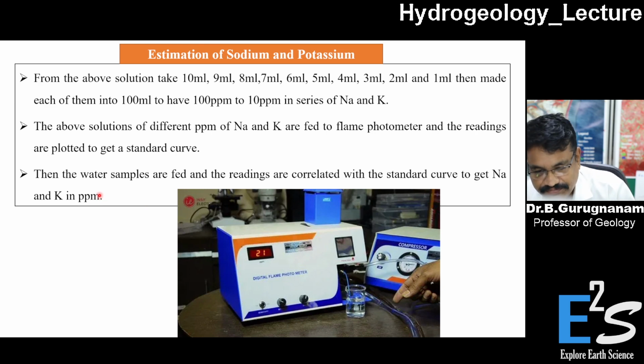This is how we do the Ca, Mg, Na, K assessment: estimation of calcium and magnesium by titration, sodium and potassium by flame photometer. With this,